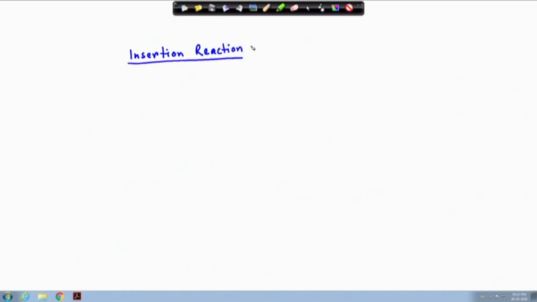Today what we will learn is insertion reactions. This is another type of reaction. These carbene species generally go through this type of reaction also, when there are different types of nucleophiles that can be inserted into the carbene species. So, what is this insertion reaction? Insertion reaction is a process in which a reactive intermediate, here like a carbene, imposes itself into